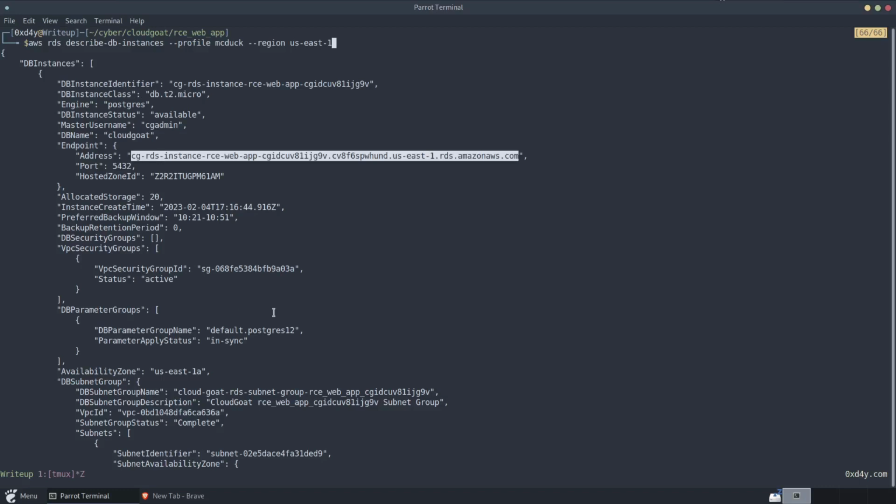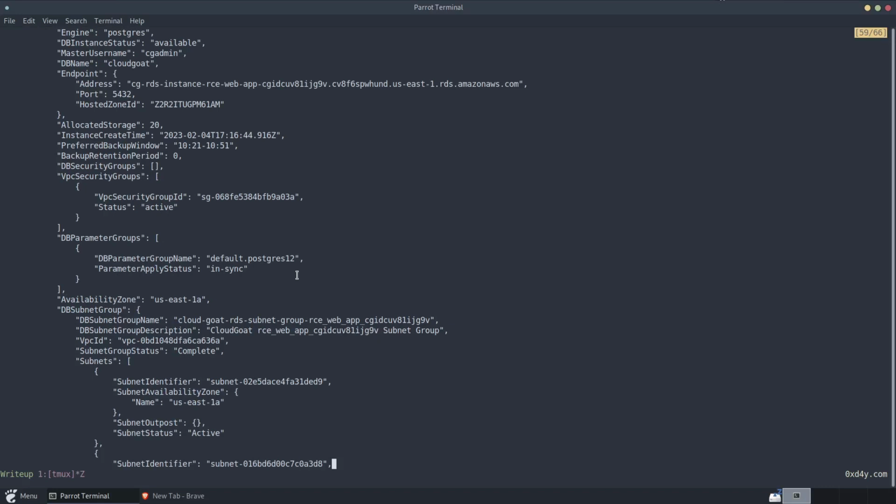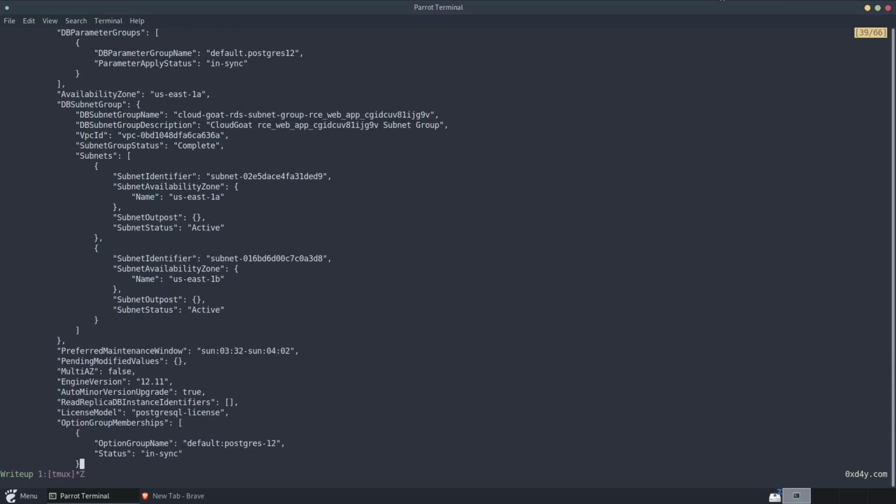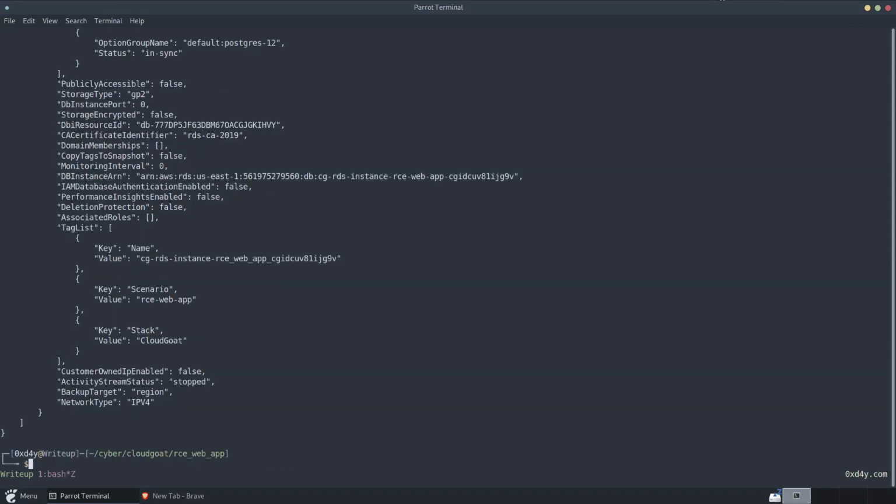So this does have a security group, and it's possible that using our home IP address, we're not allowed to connect to this RDS instance, but we can connect to it through our EC2 instance. And that's very common as well when you're running an application within an EC2 instance, that you wouldn't want just anybody to access an RDS instance. You would only want your EC2 instance to use it because that's the only thing that needs to use it. So we see that that might be the case here, and we can verify that later once this is done